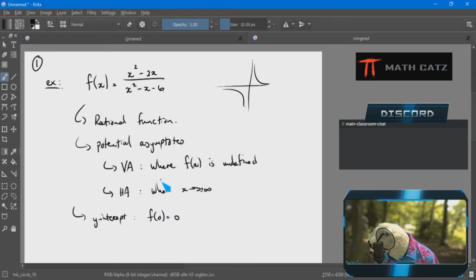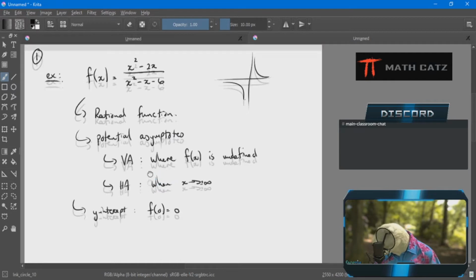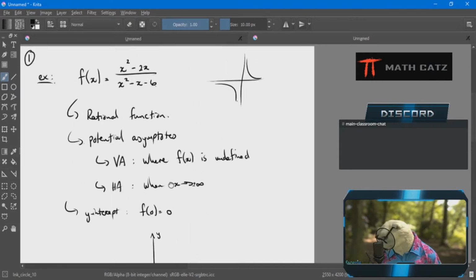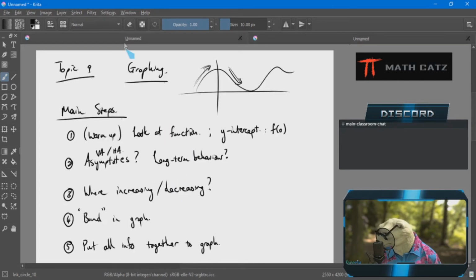So often we then start the graph and say, oh, well, I can feel like I've made some progress. There it is, 0. Something is on a graph. I have no idea what this graph looks like, but I've made some progress, feel good about myself. So rational functions. Now, this step 1, like I said,